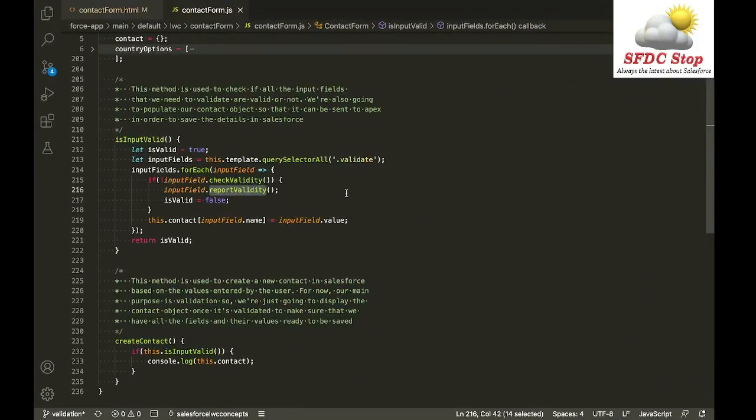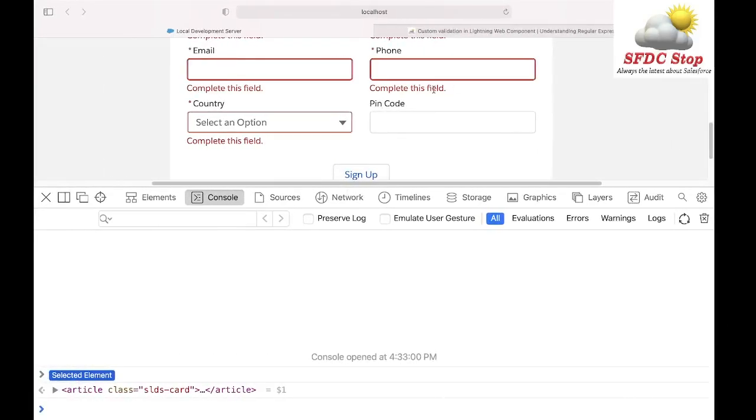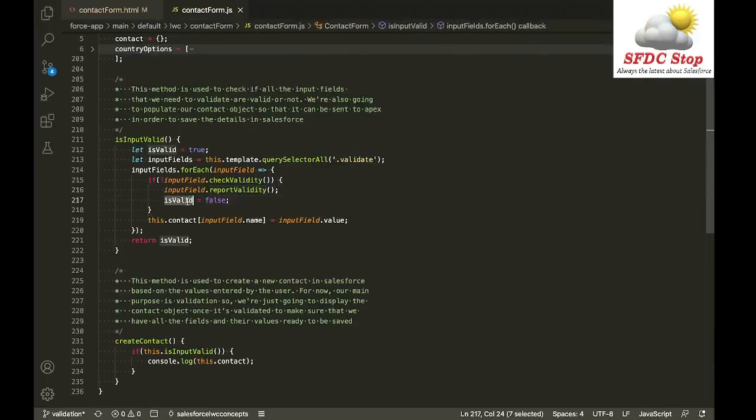So reportValidity method is basically going to display the error message which I have written in case it's a custom message. Otherwise it is going to display the standard message, for example, complete this field, and it is also going to specify isValid as false. So in case any of my input field out of all the input fields which are having the same class is not valid, I'm going to report that particular field validity and I'm going to make this boolean variable as